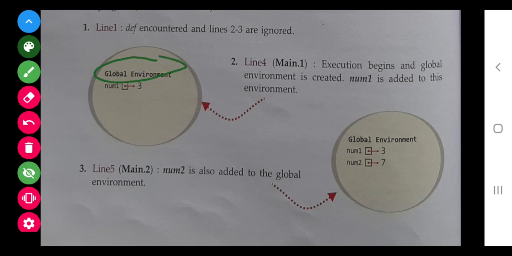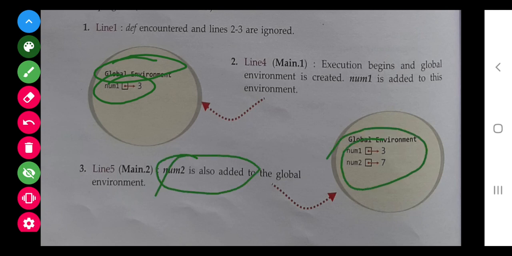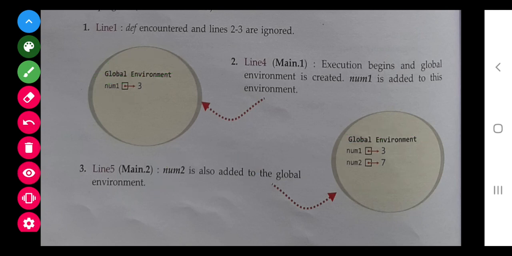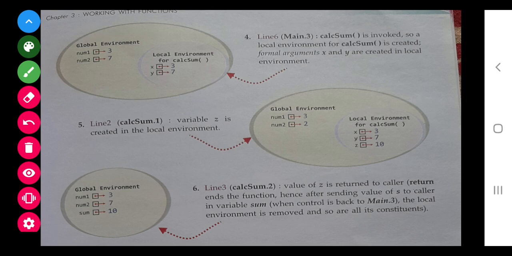Now global environment is num1, num2 is also the global environment, वो बाहर है दोनों के दोनों. अब क्या हुआ कि ये num1 और num2 जो 3 और 7 दिया है, it will get assigned to x and y. Now x and y is under the local environment of calculate sum.